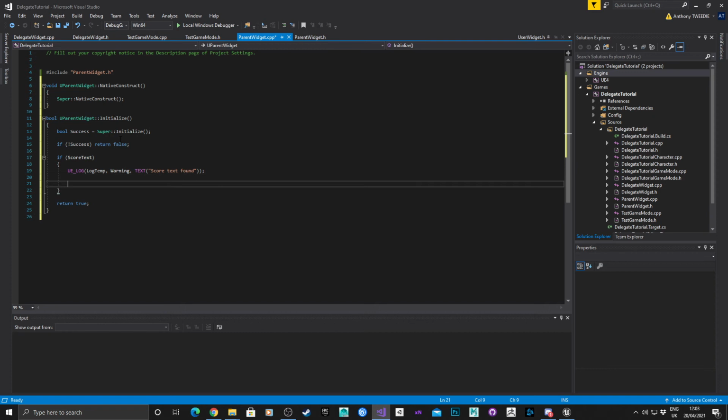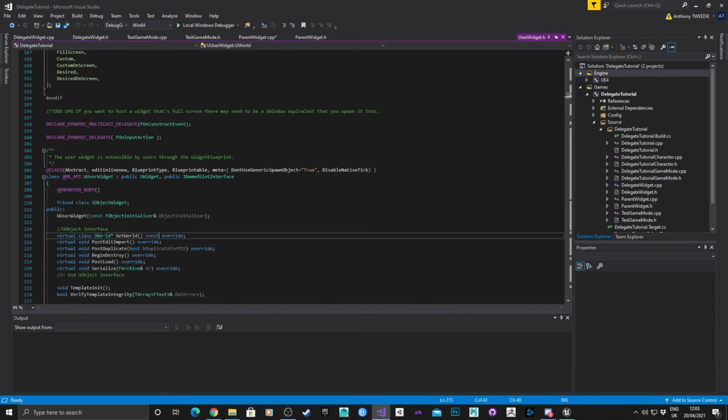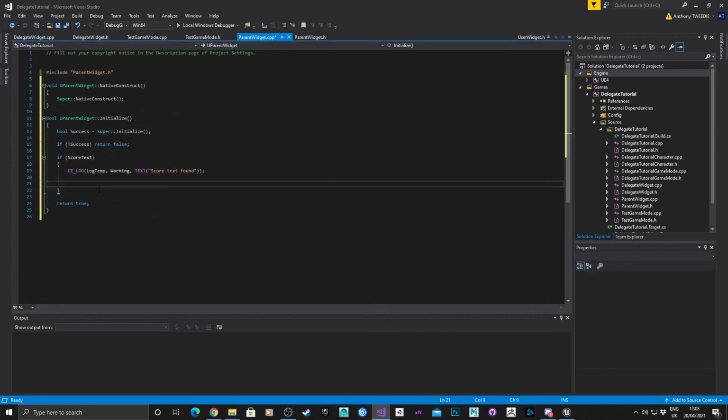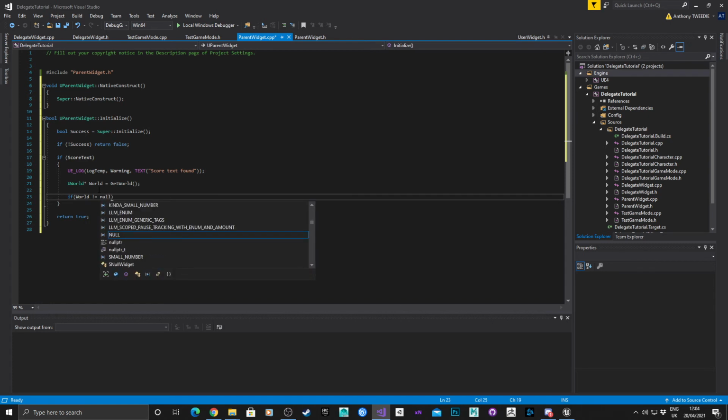Okay, so next stage I want to basically find the game mode. So to do this we're going to access the world, which, if you look in the actual parent user widget class, you can see there's actually an interface that can get that. So that method is included as part of the user widget, which we inherit from. So we're going to do that now. We want a pointer to the world, and we're going to call that method get world. And I'm going to do a check now. If world is not null pointer,